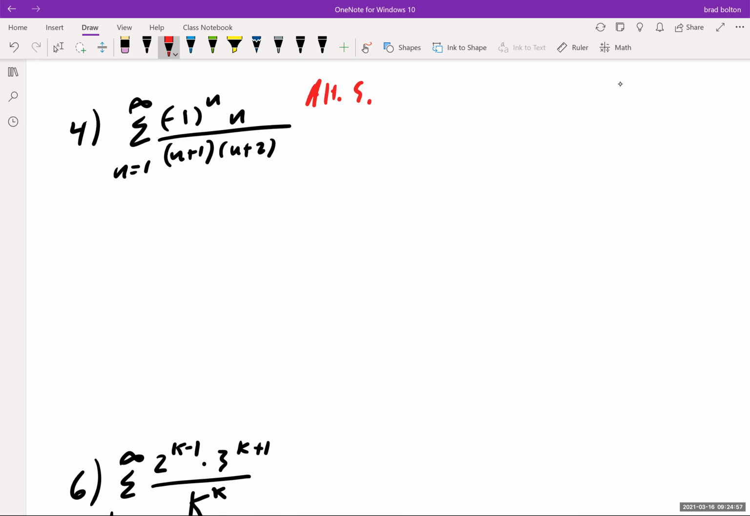Okay. And you guys, by the way, to save time, you could just write alternating series test like that. So I'm going to use the alternating series test. And remember, for the alternating series test, you have to show that it is